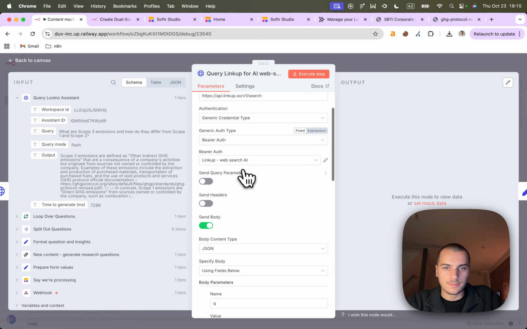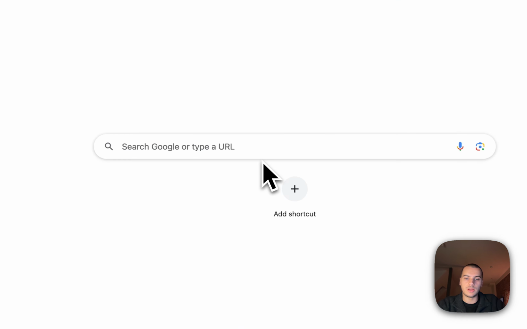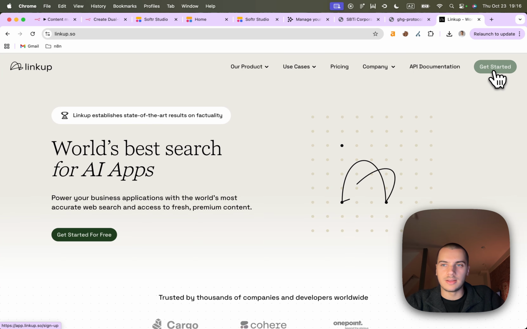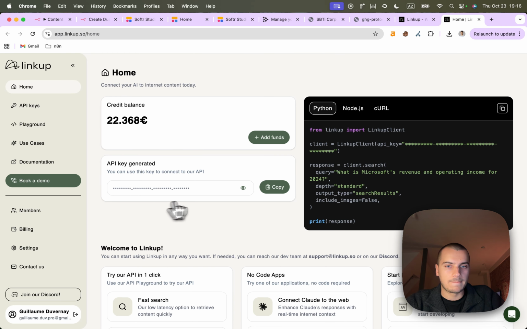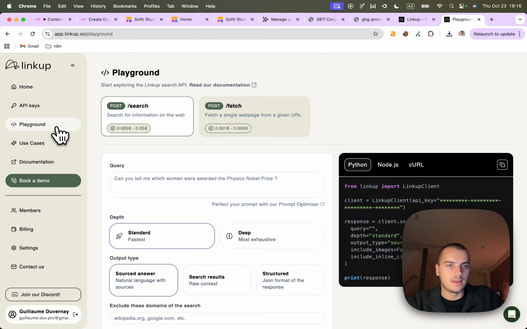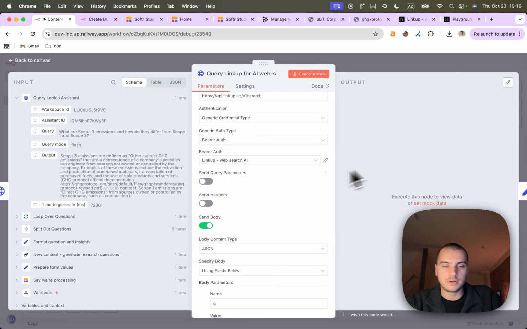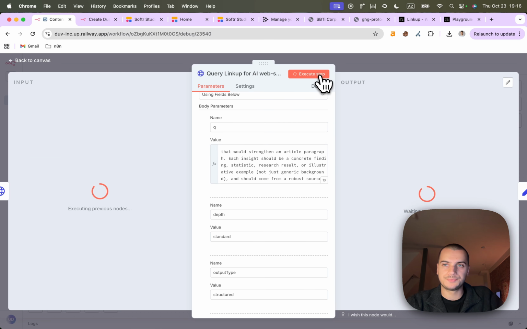So yeah, mine is actually already connected, but the way you could find one, you go to Linkup, and you can create an account, and you can then get your API key. You also have a nice playground to test your queries, etc. But in our case, it's already set up, and if we run it,